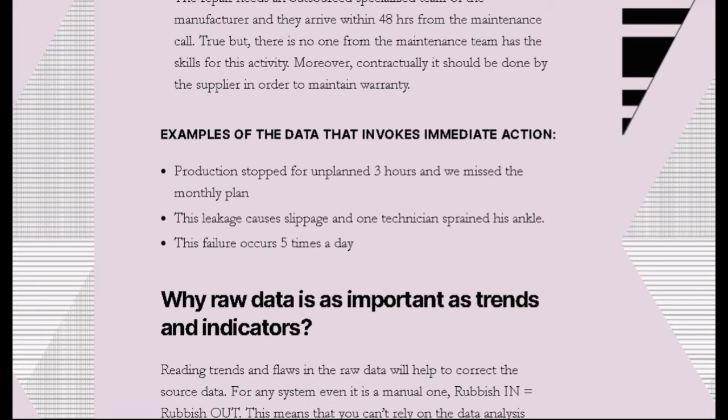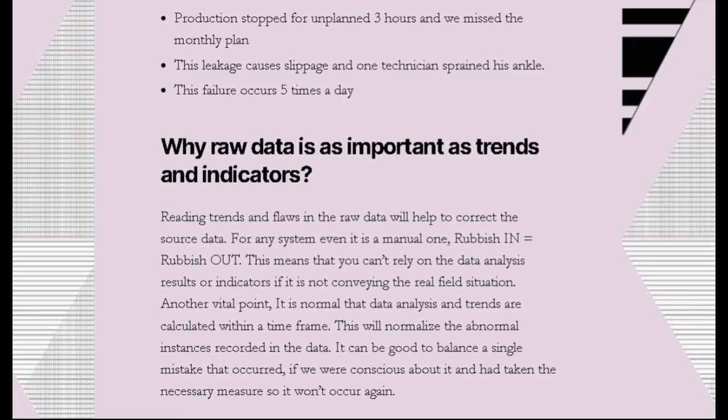These are all flickers from the raw data you have before analyzing them, or while analyzing them, while recording them, before putting them into indices or indicators. Because putting them into indicators will give you a direction or indication. So if you missed the analysis of the raw data, the indicators, after accumulation of the errors or the failures and so on, will give you some flags or red flags that you are doing something wrong. But we just need to analyze the raw data or have a good look at the raw data,